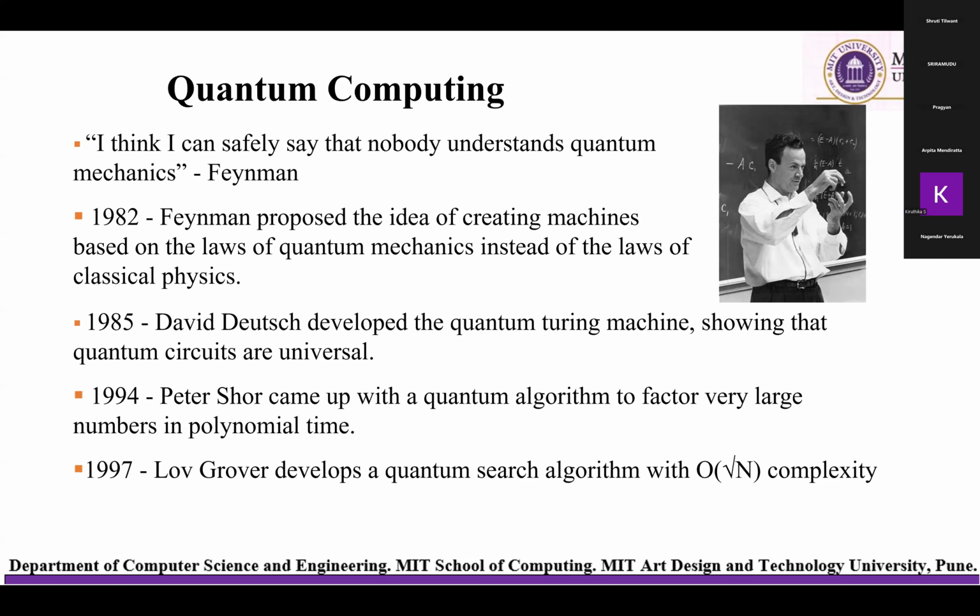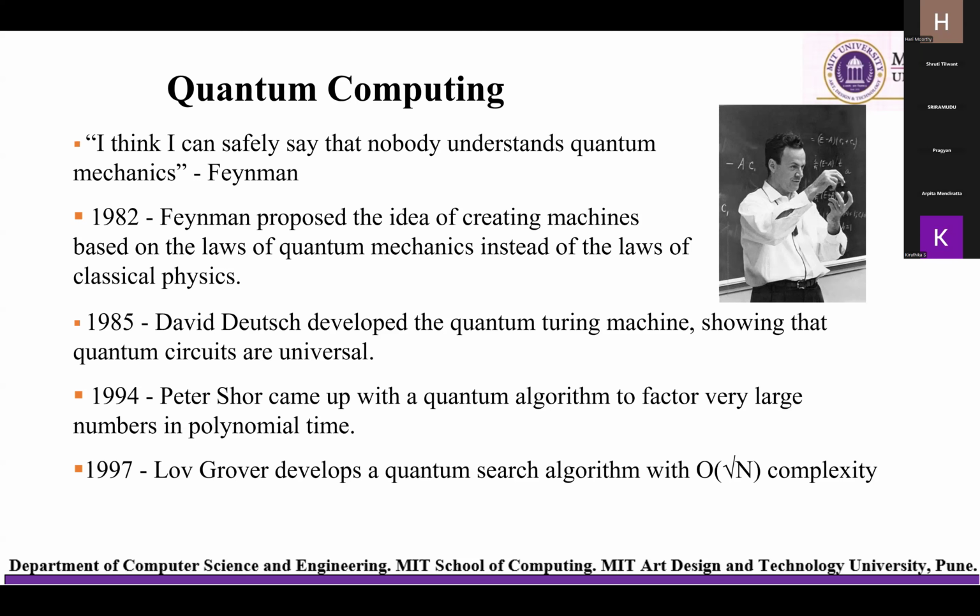Quantum computing has evolved significantly with pivotal contributions from leading figures. In 1982, Richard Feynman famously remarked that nobody fully understands quantum mechanics. Yet he proposed a revolutionary idea: machines based on quantum mechanics instead of classical physics. In 1985, David Deutsch introduced the concept of the quantum Turing machine, showing that quantum circuits can be universal, laying the